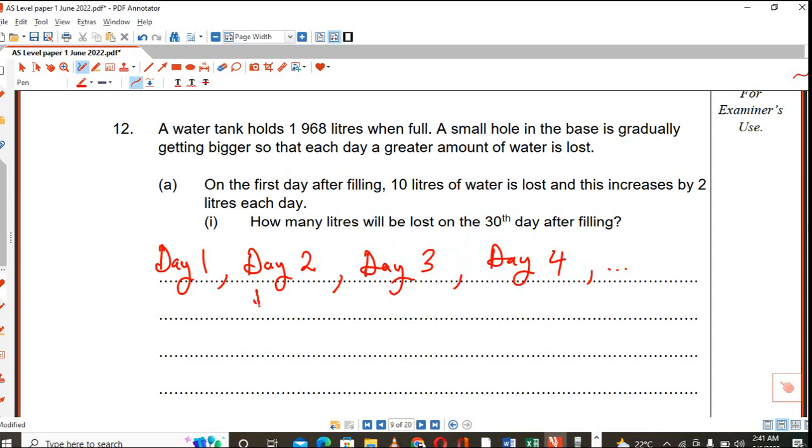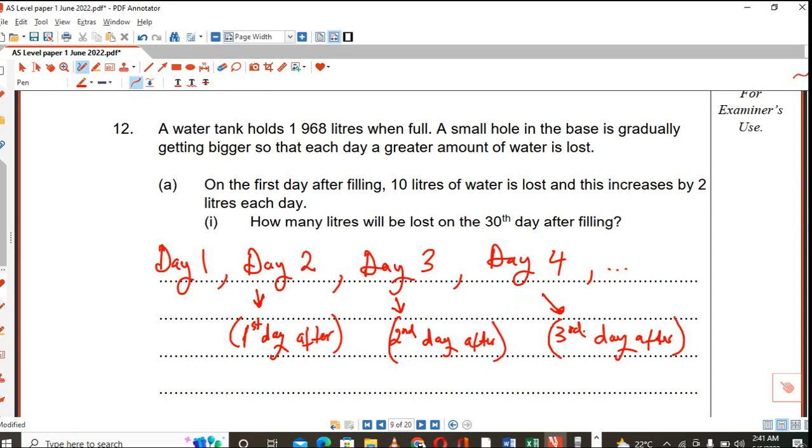This one here is the first day after filling. That's the first day. This one here is the second day after filling. Okay? And this one here is the third day after filling. Alright? So if you were to go in that order, if you are now looking for the day after, because